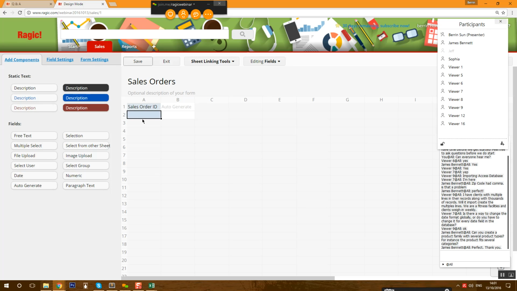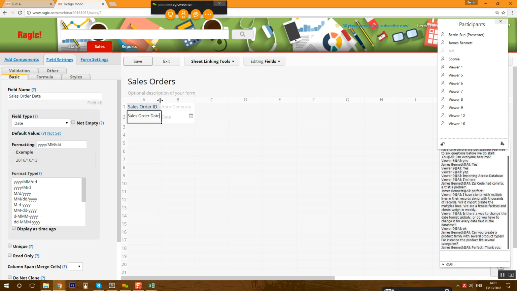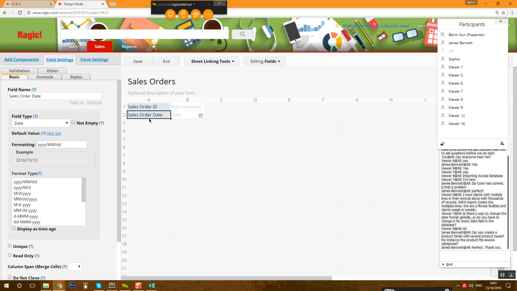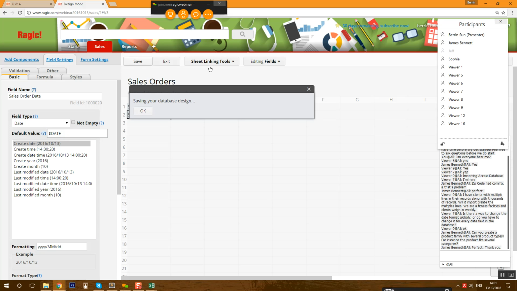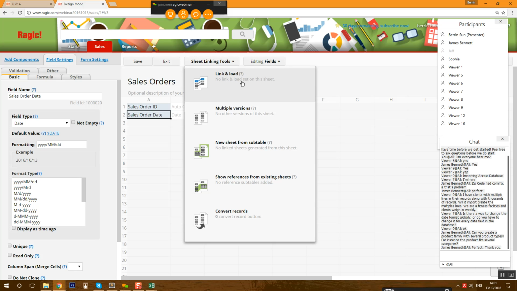And sales order date, which is today's date. Alright, I'm going to save this. Actually, I want this to default to the create date as well. Okay, the next thing I'm going to do with this sheet is link it with my customers to see which customer is actually placing the sales order. For that, I want to be able to select the customer's ID and then autofill their name and address. So I'm going to click link and load,